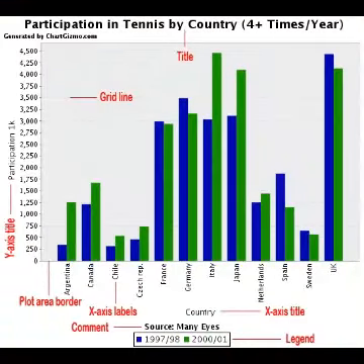Column chart. This type of chart displays data in vertical bars. It is used to compare different items of data or show changes in data trends over a period of time. The value in this chart are depicted on the vertical axis, whereas the horizontal axis is used to depict categories.